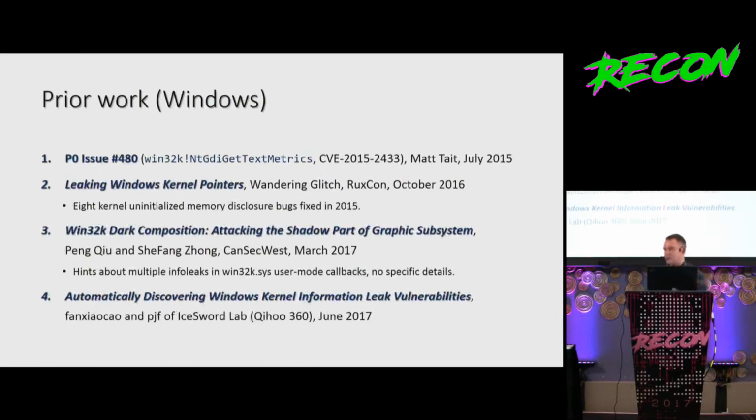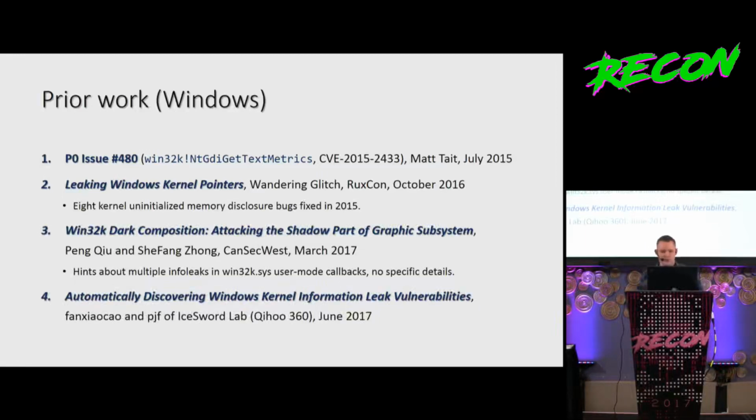I also wanted to talk a little bit about the prior work in Windows and Linux. When it comes to Windows, there hasn't been too much prior work. We have this Project Zero issue from July 2015. Then we have a presentation by the Wandering Glitch from last year called Leaking Windows Kernel Pointers, where he discussed 8 kernel uninitialized memory disclosures that were fixed 2 years ago. Then we have a presentation from CanSecWest this year, where a few researchers hinted that there could be some information leaks in Win32k in the implementation of the user mode callbacks,